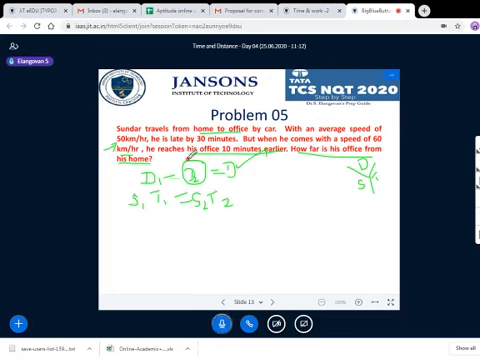Now S1 is, there are two cases. One is again the usual first case. First case speed is 50 and time taken is late by 30 minutes. Late by 30 minutes. That is the total